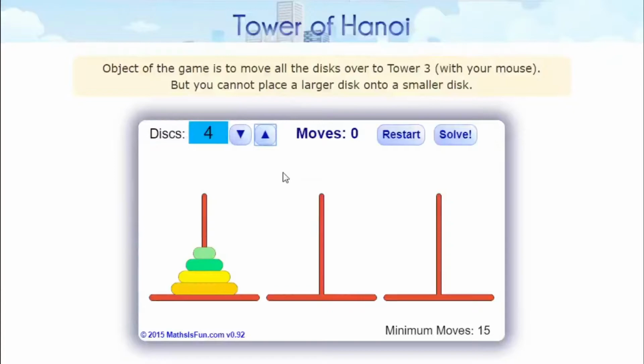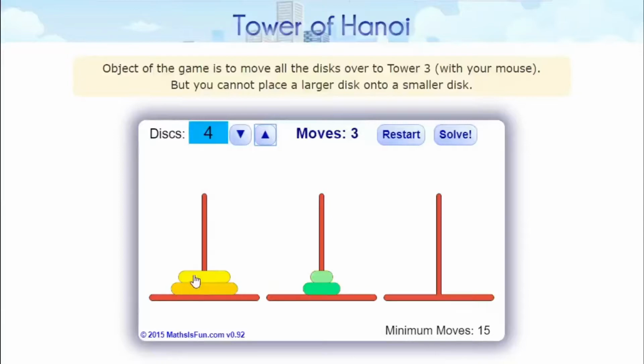Here we are going to solve this 3D Tower of Hanoi. First of all, move the light green disc to pack C. Then the dark green disc to pack B. Now you should have one disc at each of the packs, right? Then move the light green disc to pack B, which places it on top of the dark green disc.